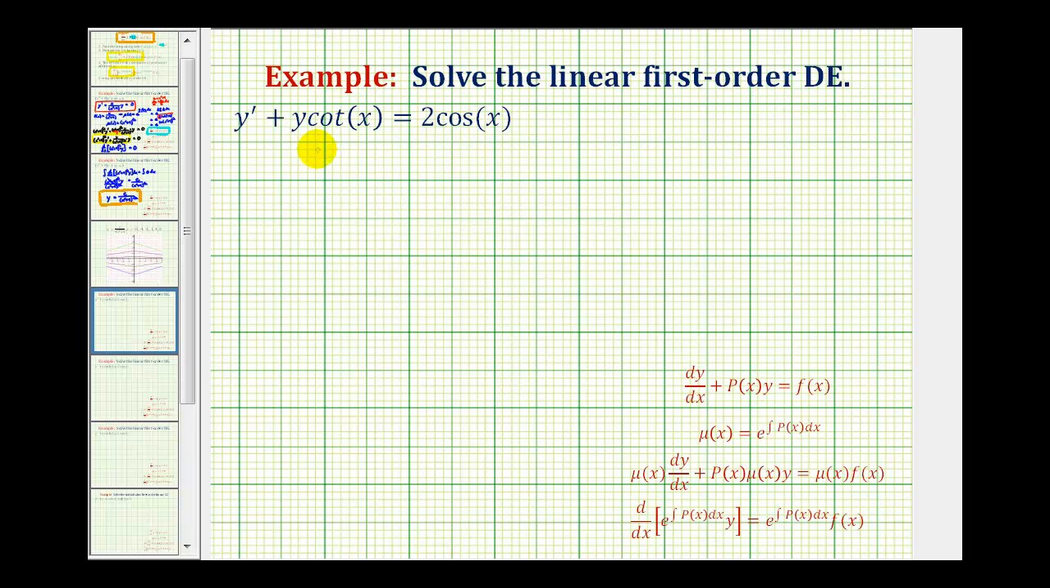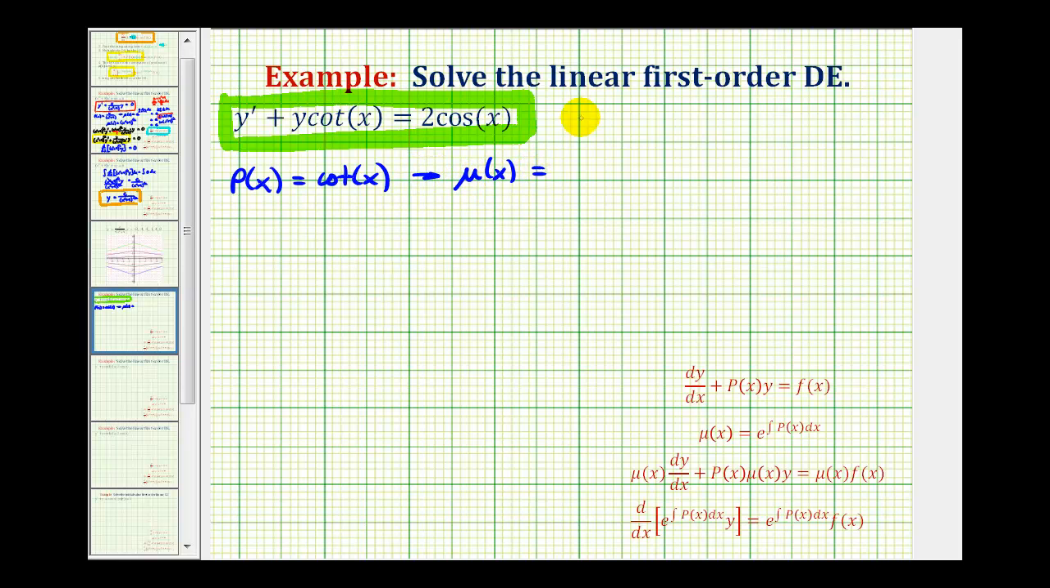First, we should recognize that the given differential equation is in the correct form and all the terms are in the correct positions. Notice the first term is y prime, which is the same as dy dx. So next we want to identify the function p of x, which is being multiplied by y. In this case, p of x is equal to cotangent x. We're going to use this function to find the integrating factor given by this formula here. So mu of x is equal to e raised to the power of the integral of p of x, which is cotangent x